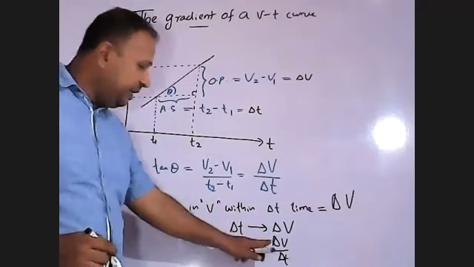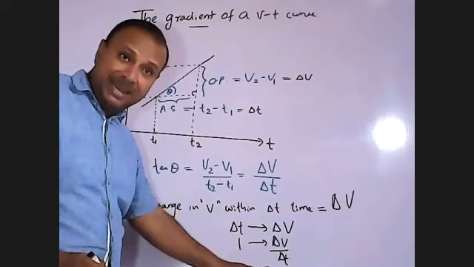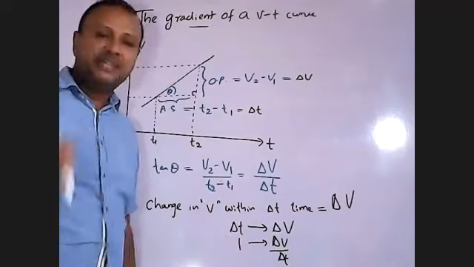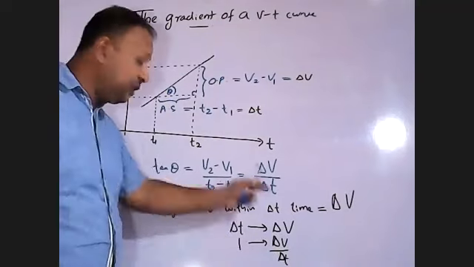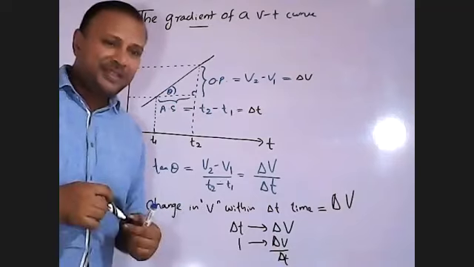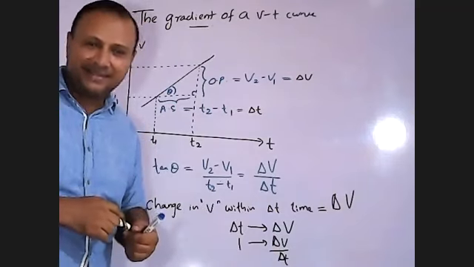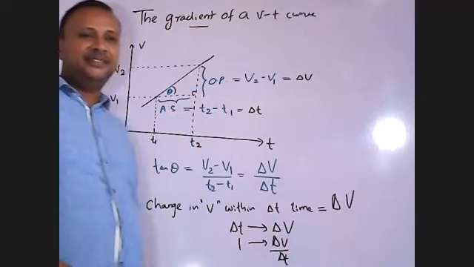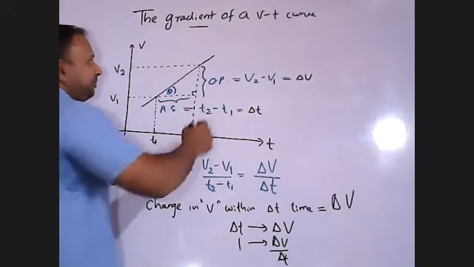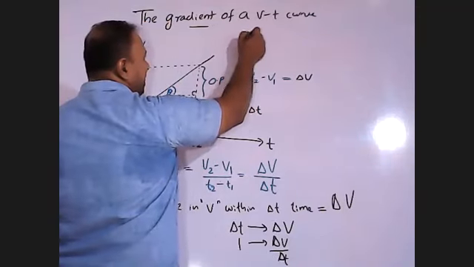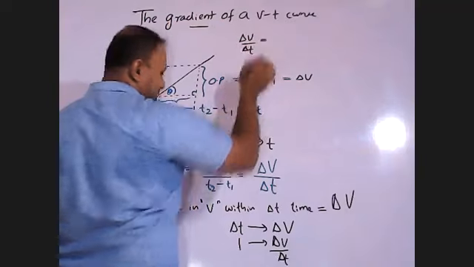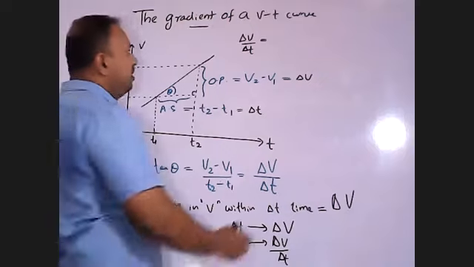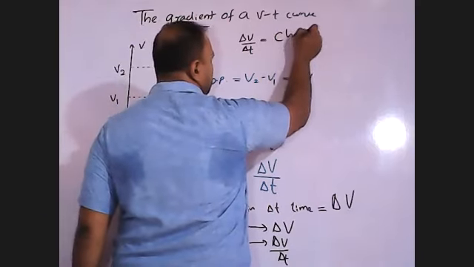Therefore, delta v over delta t means velocity change in unit time period. We call it acceleration. Velocity change in unit time period means it is acceleration. Therefore, you have to write this after this: delta v over delta t is equal to the change in velocity